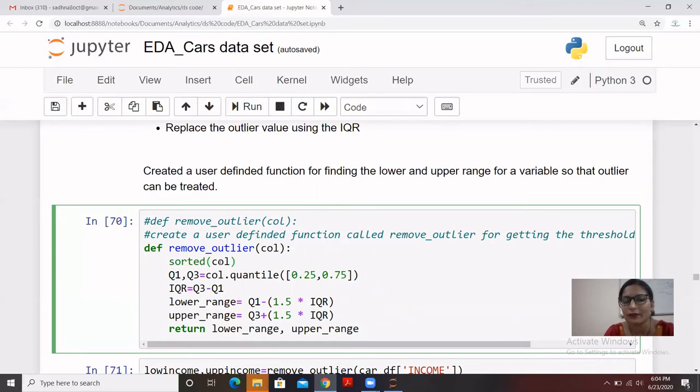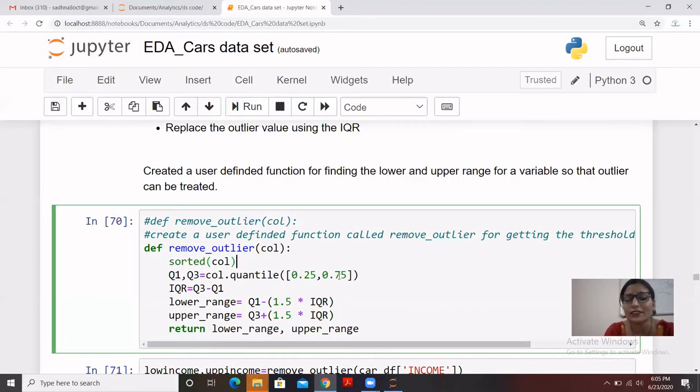I have sorted that value, and then I have generated two variables, q1 and q3. q1 is the 0.25 quantile of my entire data, and q3 is the upper quartile, which is the 0.75 quantile. So the lower quartile is 0.25 and your upper quartile is 0.75, or you can say the 25% data is q1 and the 75% data is q3, which are the lower and upper quartiles.